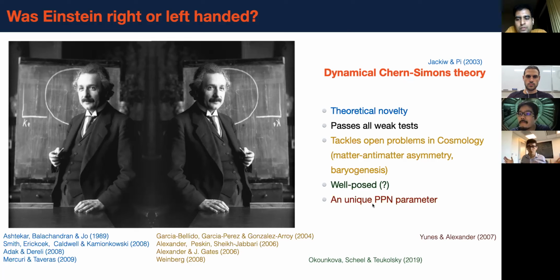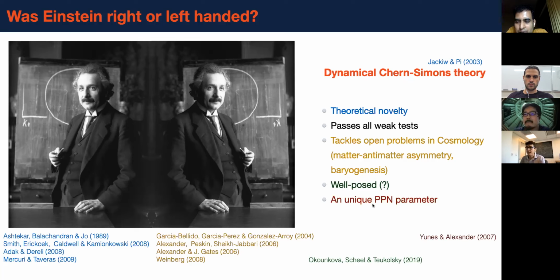It's solving a problem. It passes all the tests. You can perhaps put this in a computer because it may be well posed, and then study it. You're putting parity violation in gravity, right? So you are expecting that there should be parity violation in the gravity sector. Is that your motivation? Because in particle physics, okay, but for this particular Chern-Simons term of gravity, you're putting it in your action, right?